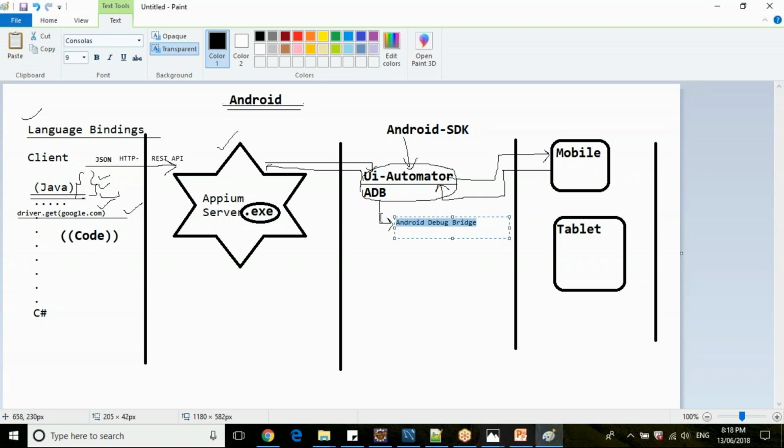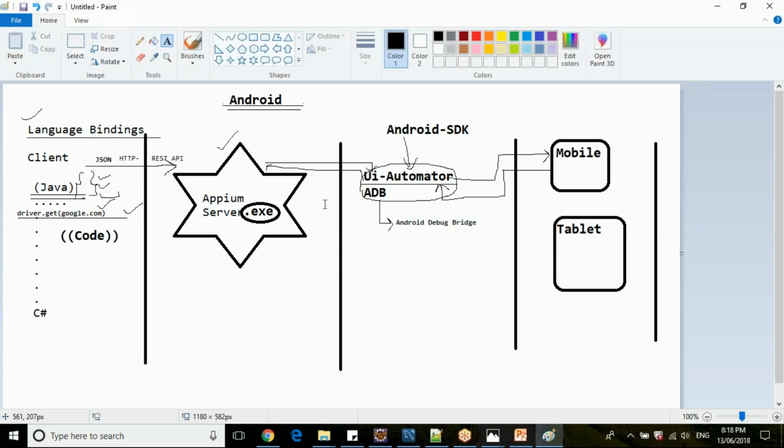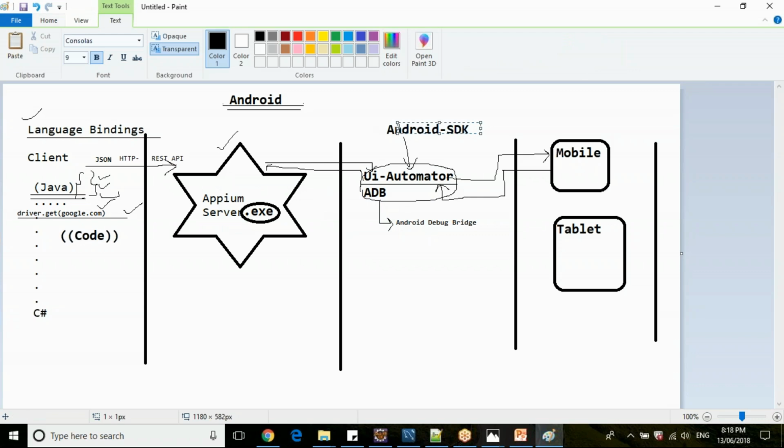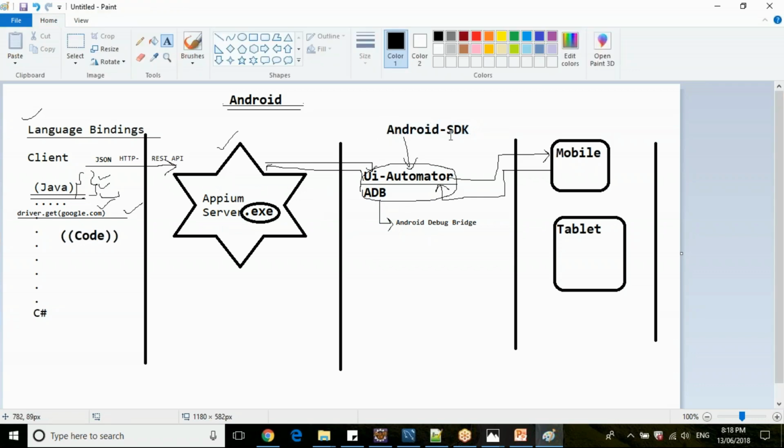ADB is not a part of APM, guys. APM will internally use it; you need to set the Android SDK path. After installing your Android SDK, you need to set your path so that APM will go to the particular folder. It will search for UI Automator and it will search for ADB. Then the devices will be detected.